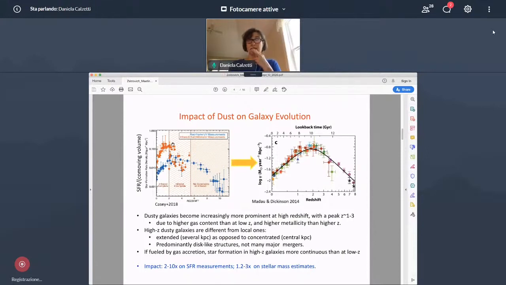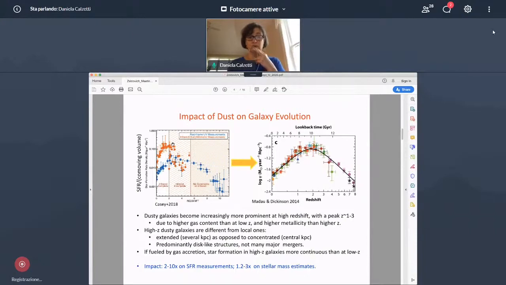But as you decrease in redshift, so you come closer to our times, you decrease the overall amount of gas and increase the metallicity, and you reach a sweet spot between redshift 1 and 3, in which the effects of dust are maximized on galaxies. So this is not very much appreciated. A lot of our colleagues think that most of the dust effects are visible in the local universe. In reality, most of the dust effects are present between redshift 1 and 3. So the overall impact can translate into